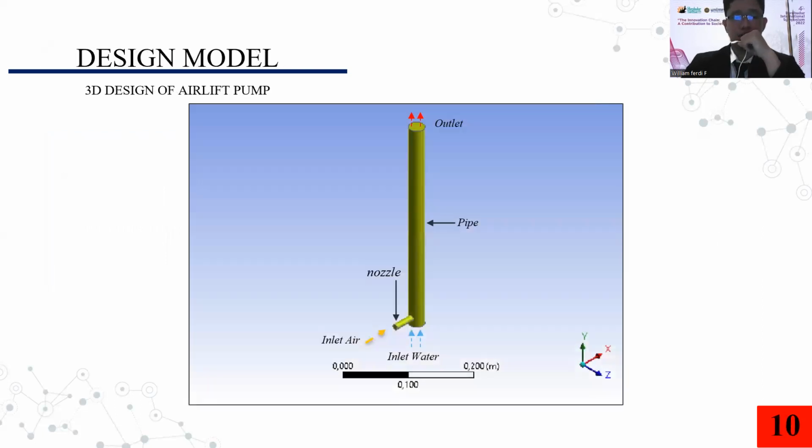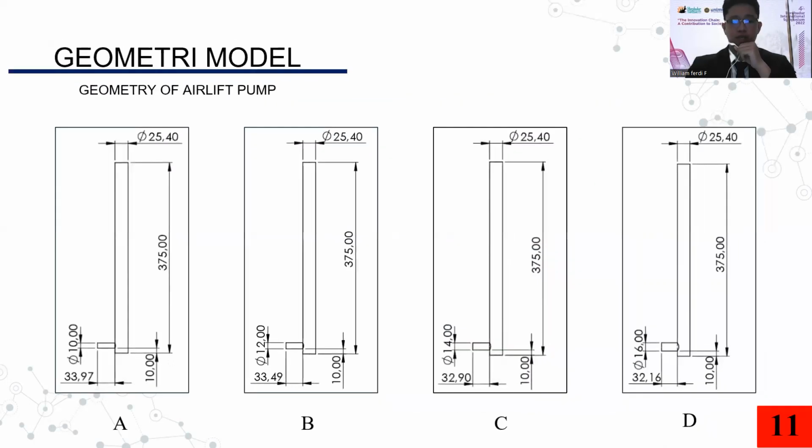And for the 3D design of the airlift pump here, as we know, an airlift pump has two main components, that is the nozzle and the pipe. From the nozzle, I'm setting it as inlet air, and for the pipe, I'm setting the bottom of the pipe as inlet water, and the top of the pipe as outlet fluid mixture. And here we got a geometry of the airlift pump with a height of the pipe of 37.5